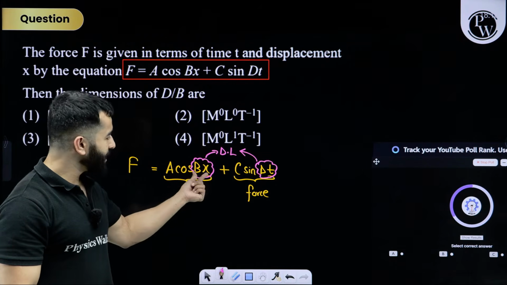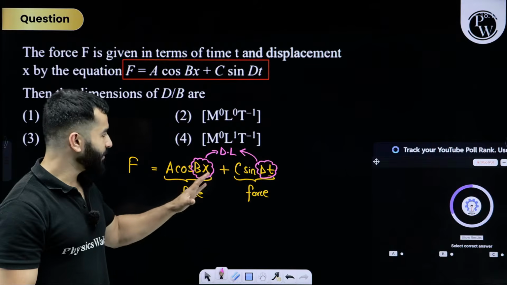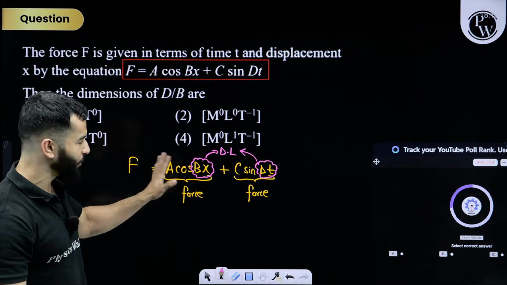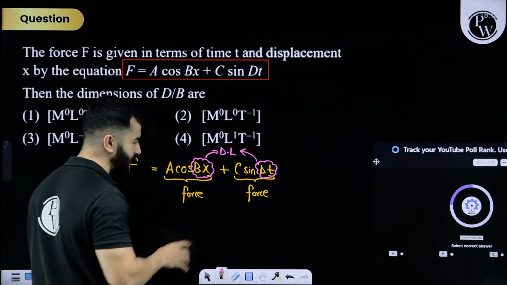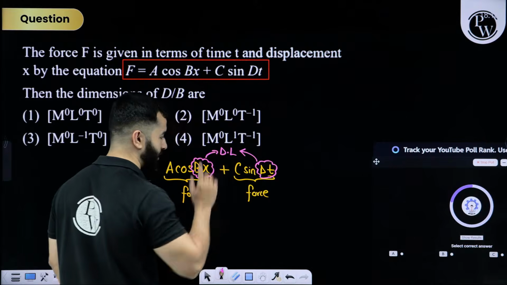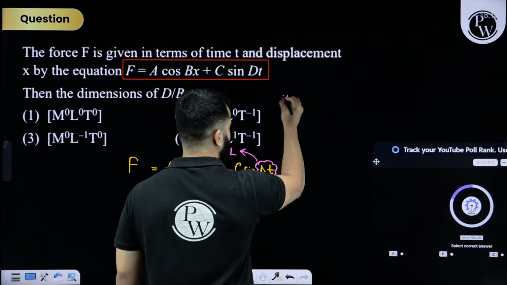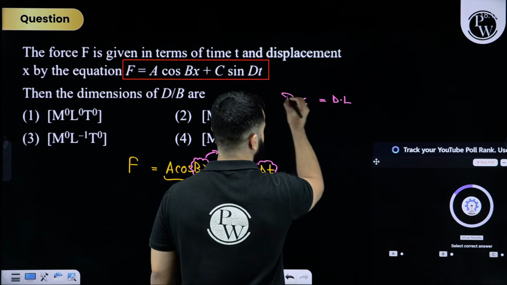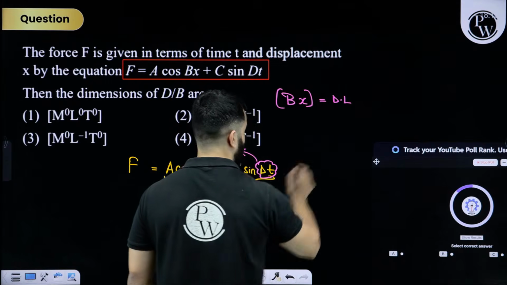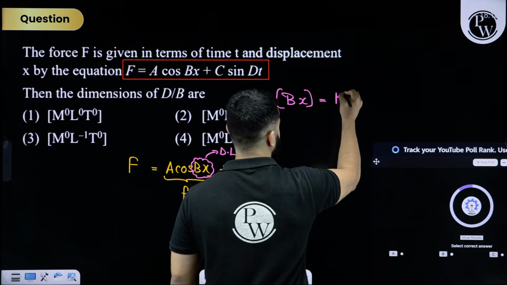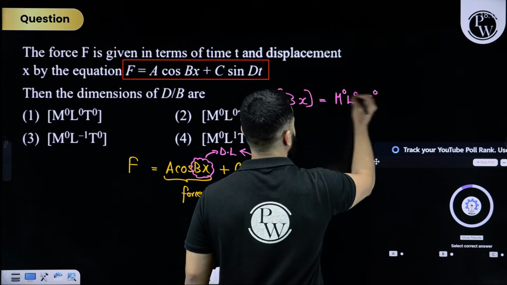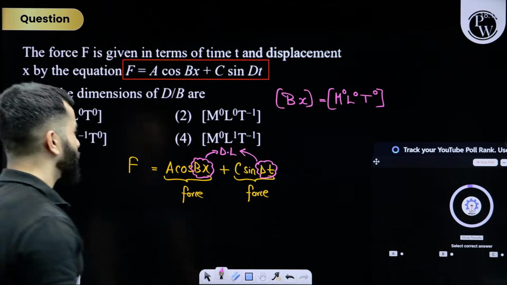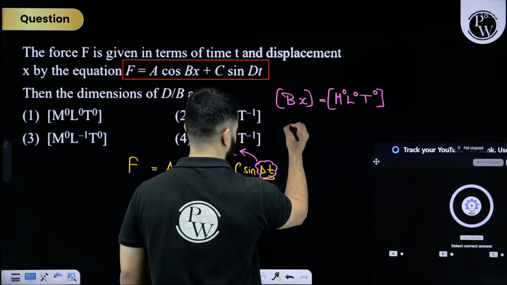So these are nothing but angles. Done. So what I am trying to say is that we also need to know the principle of homogeneity, but right now if you closely see, this is dimensionless, this is dimensionless. It means that B multiplied by x is a dimensionless quantity. And for dimensionless, I mean to say that M will be 0, L will be 0, T will be 0, and any base quantity will be raised to the power 0. Got it? So this means that B will have the dimensions of